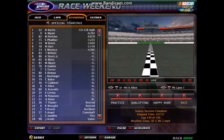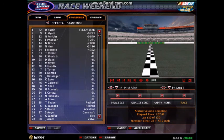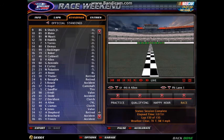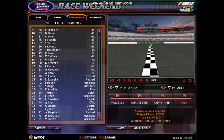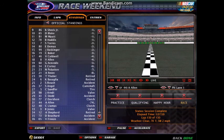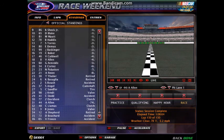26th to Sean Angel, who I believe blew up. 27th to Sanford, 28th to Arndt, 29th to Chris Dodd, 30th to Zayden Davidson, who looked very fast in the 77 car when it was out there. 31st to Alex Allen, who they were still trying to work on that car. 32nd to Cody Lamas, 33rd to Bobby Jones, who was fast all weekend, 34th to Aiden Shepard, 35th to Bouchard,